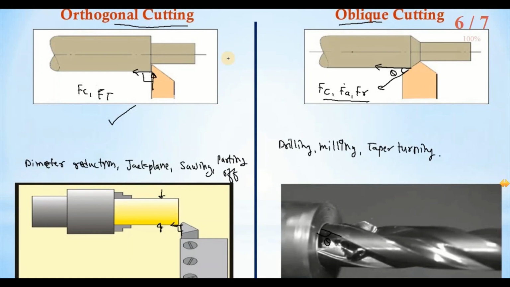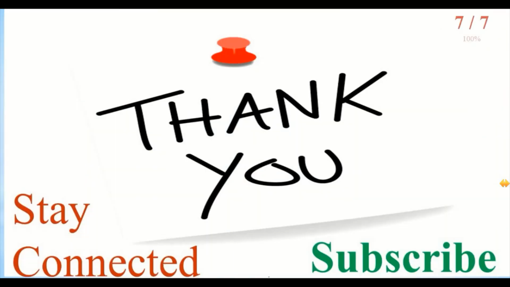So we are going to solve some of the problems in the next lecture series for the orthogonal cutting process. For that, we are going to see what is the chip thickness ratio, then what will be the shear angle relation, and based on that, what questions can be there for the GATE that we are going to see.